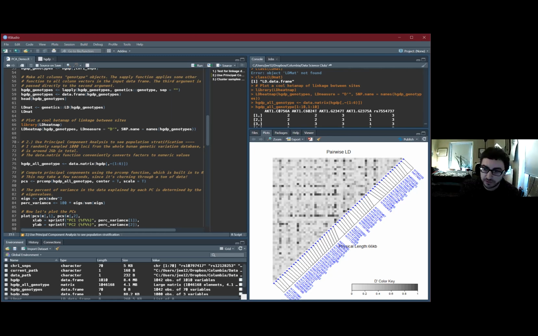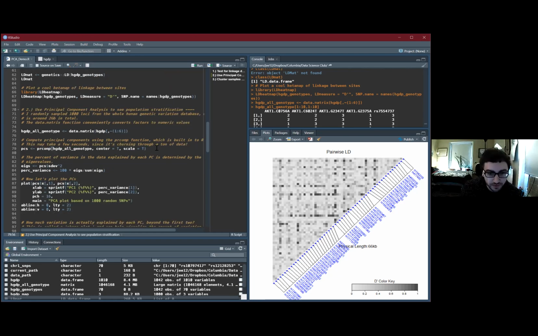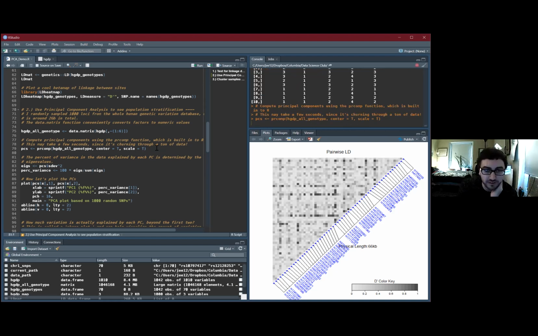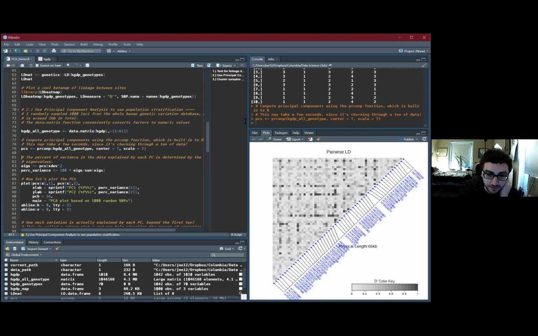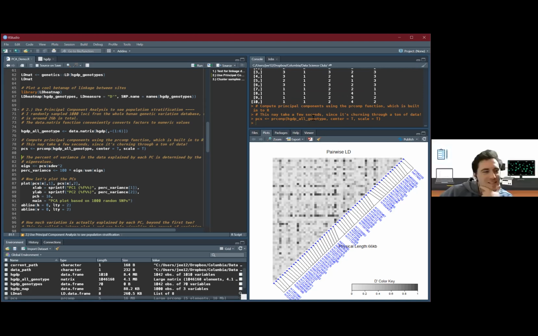And so now that you have a numerical representation of the genetic data, you can just run PCA. And in R, the function that does principal component analysis is called prcomp. And it's typical to center and scale your data first. That just means you're going to set it to a mean of 0 and a standard deviation of 1. If you want to learn more about how PCA works and why that's an important thing to do, you can look it up, but just believe me right now that you should do that. And again, this will take a few seconds, but okay, that was faster than the other one. So once you run prcomp,